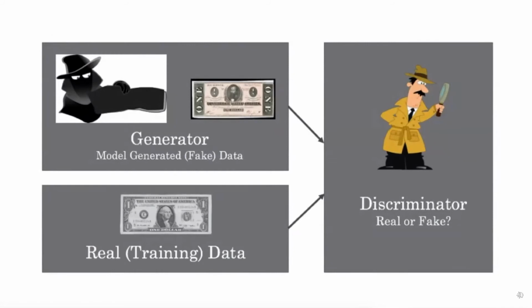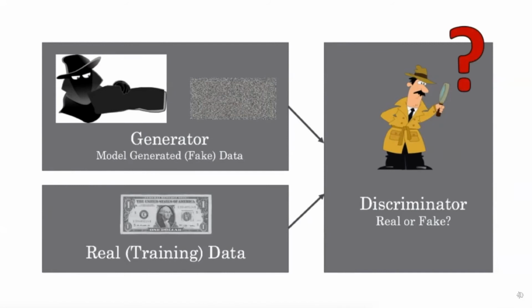We then set up a game and keep track of who's doing a good and a bad job. If the discriminator can easily distinguish between real and fake $1 bills, then we update our generator to do a better job. If the discriminator is failing and can't tell the difference, then we update the discriminator to do a better job. In the beginning, the generator doesn't know anything about making $1 bills, so it just outputs random noise. However, the discriminator also doesn't know anything about $1 bills, so it makes random decisions. But through time, one will do better than the other, and that will lead to us updating the other one